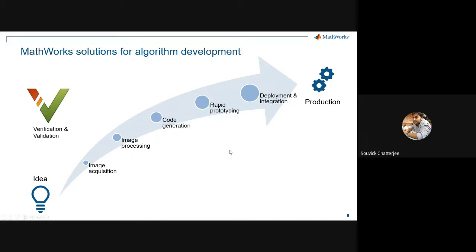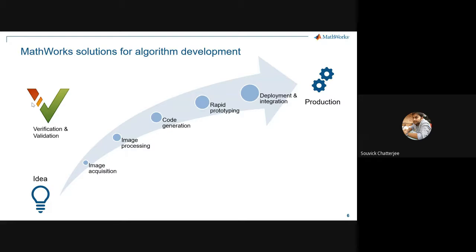Okay, and this is also something which we call verification and validation, because if all these steps are together, then it helps to reduce the time to produce something. We call it model-based design, this V life cycle, which basically means things work faster in terms of production, and it helps in all the steps going simultaneously.